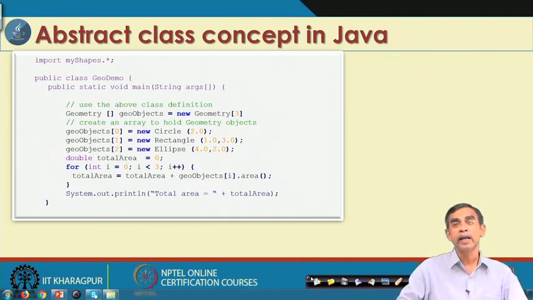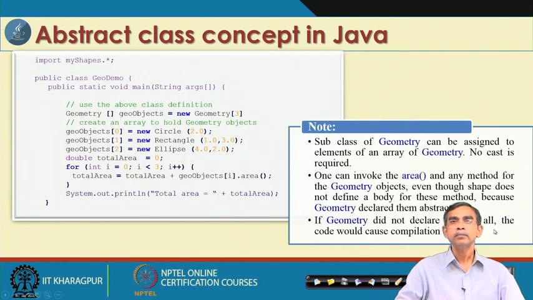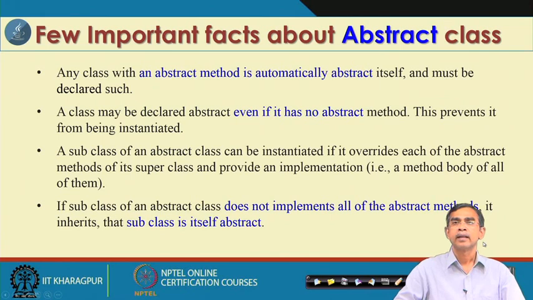Now, this is one very good example of the usage of an abstract class. Like this type of concept, we are now going to discuss other things. Fine, this way we can see that from the geometry class we have derived three classes, but this is derived by means of single inheritance. But in some situations we need the concept of multiple inheritance. Regarding abstract classes, those things are already discussed, so I do not want to repeat them.